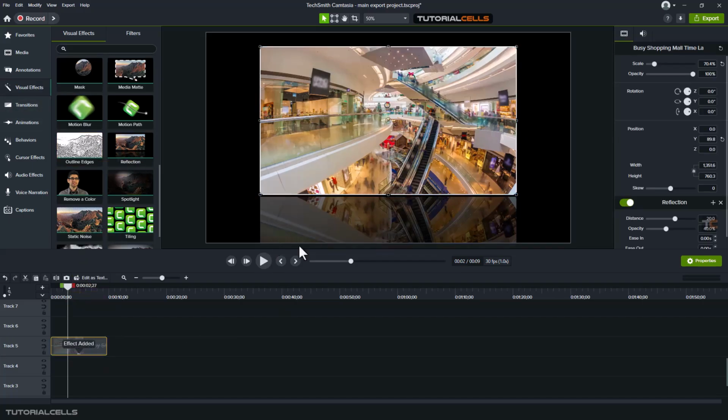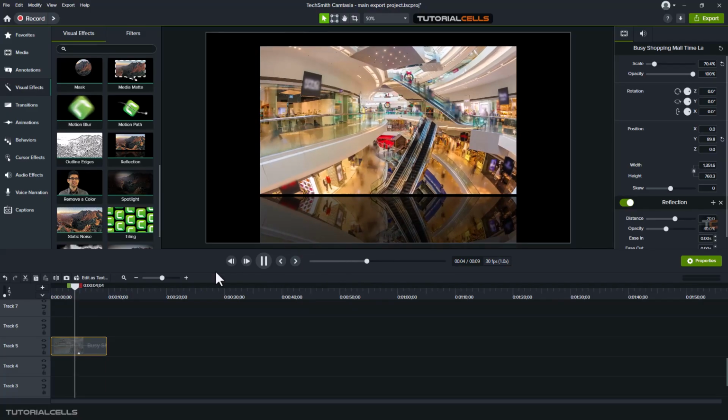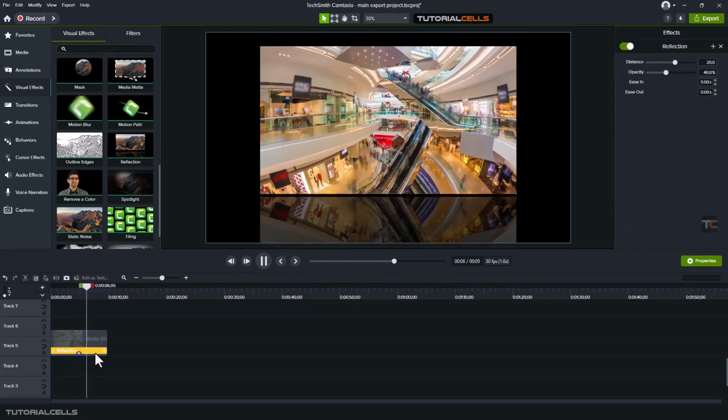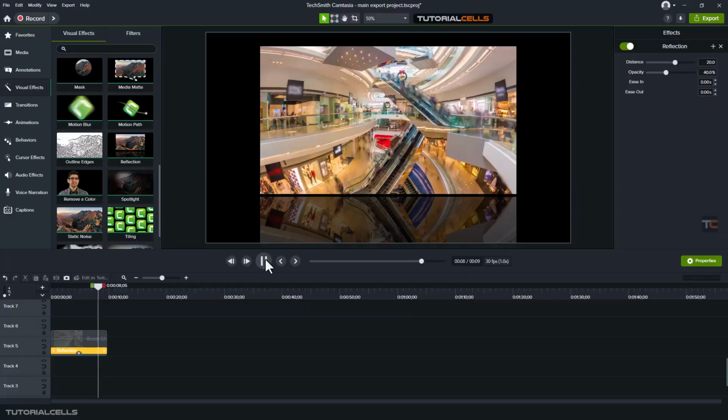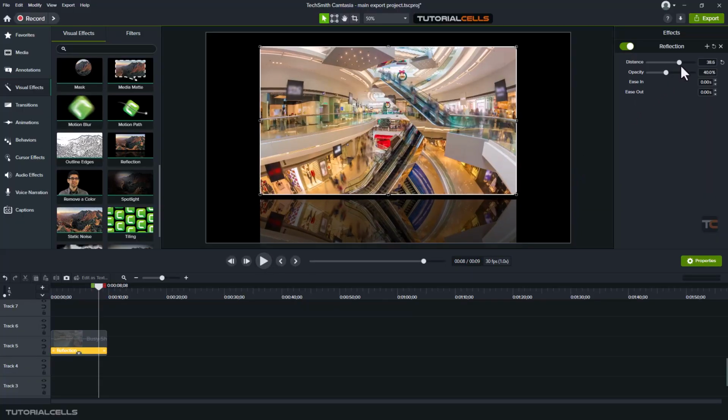Boom. You can see this is your reflection. If you want to create such a visual effect, you can do that. And with the distance, you can change the distance of your reflection, but it's nice. Opacity of that, if you want to change the opacity of the reflection, but the numbers that it has is